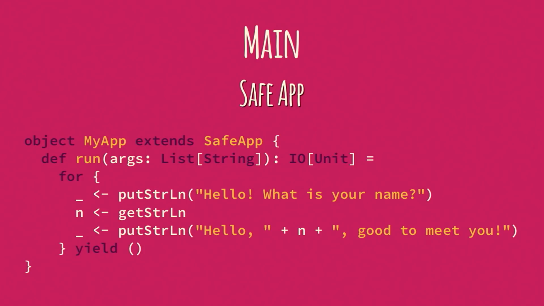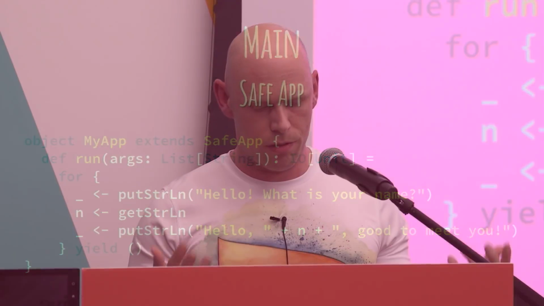And in this particular example, there's a little bit of code that asks you what your name is, reads your name, and says, hello, John, or whoever, good to meet you. This is an interactive, effectful program. And yes, it looks a little different, probably, than what you're used to, but it does all the same stuff. All you have to do is put up with the fact that it's going to be a little bit different, a little bit more similar to the style of programming that you're used to with Future and abstractions like those.